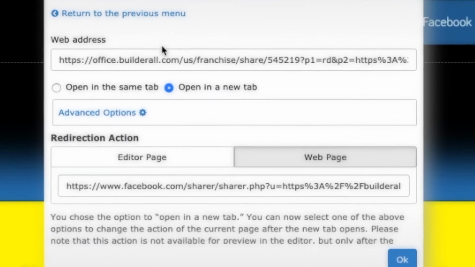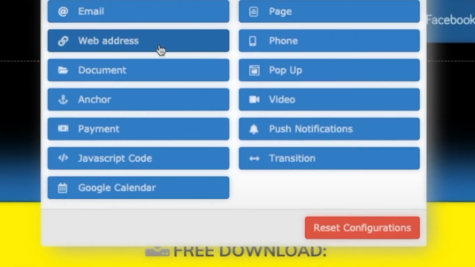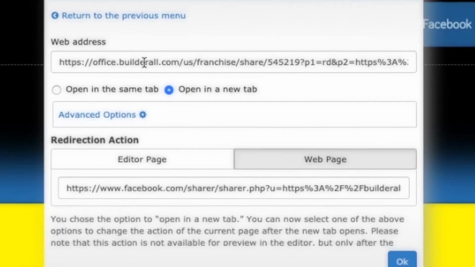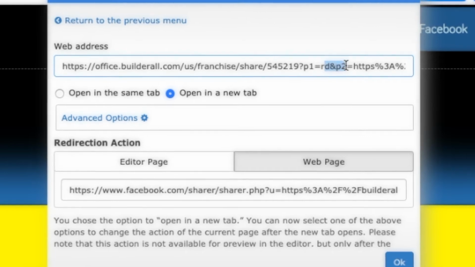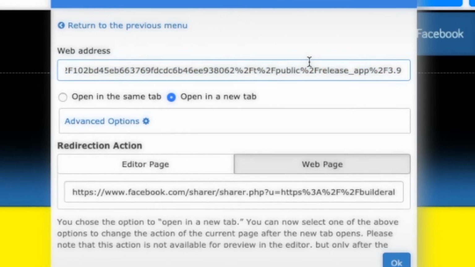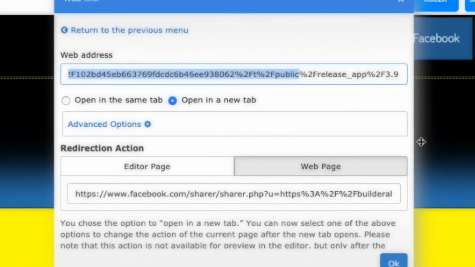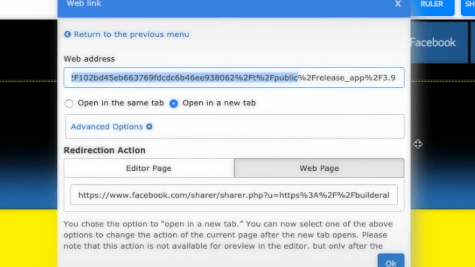It will be web address. So I go previous, you have the choice, and you click web address. I already pasted mine, so it starts with a redirect, and then you have the big link to the public layout of this website. So it's the website can copy itself onto other Builderall accounts.